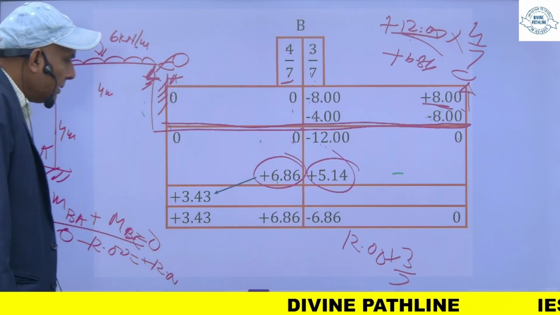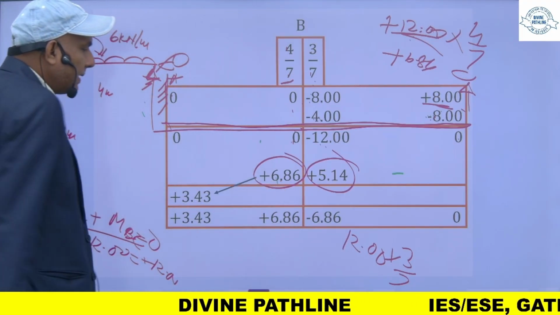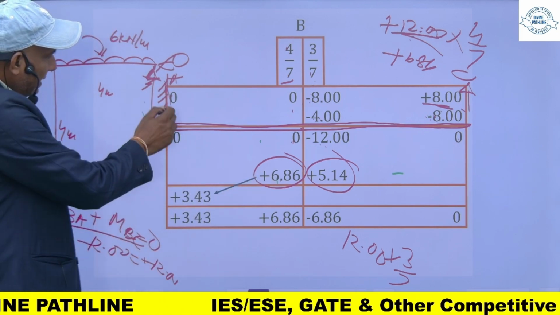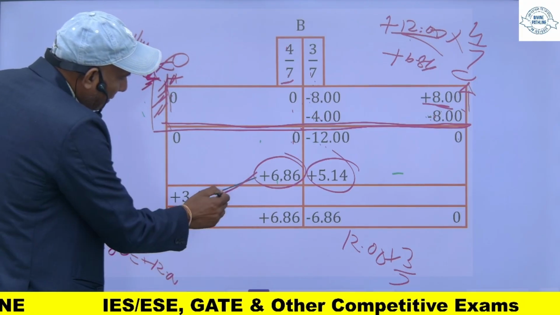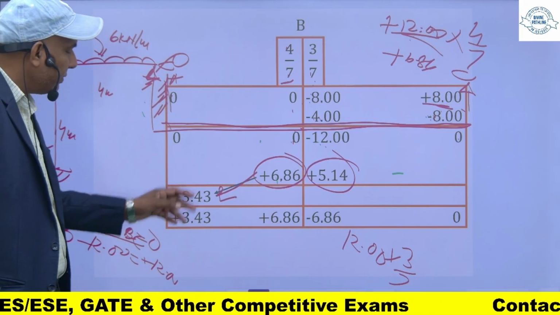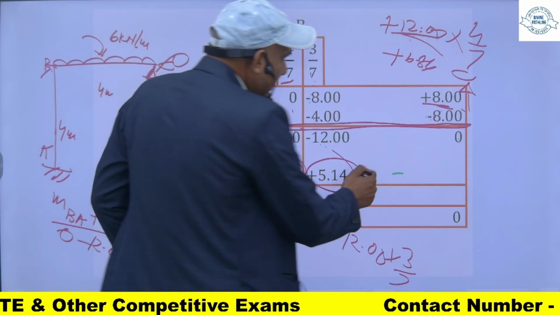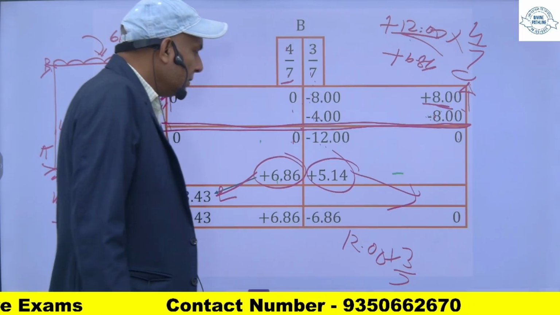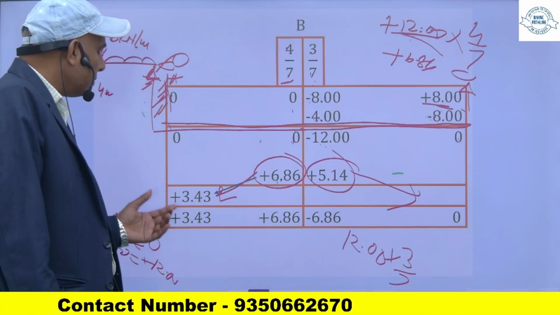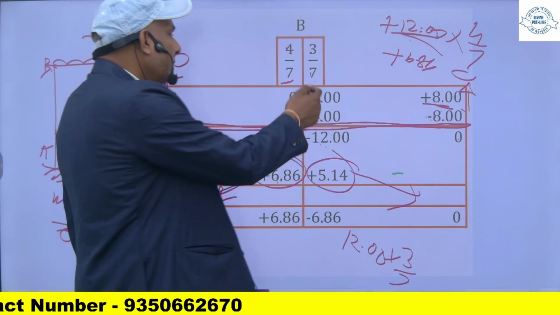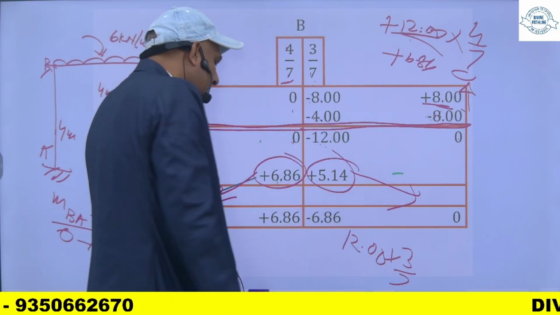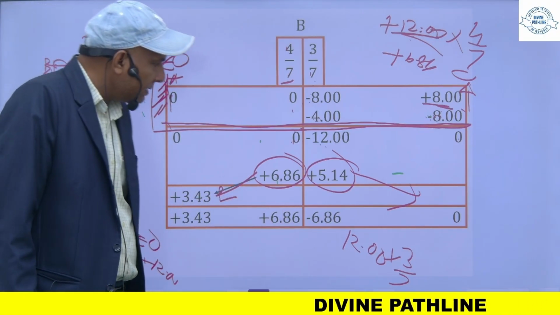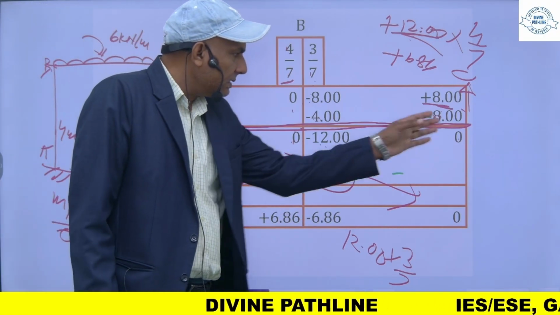नाउ when this plus 6.86 correcting moment when I apply at this point, क्योंकि ये एंड फिक्स्ड है, तो इसका हाफ मोमेंट यहाँ पर ट्रांसफर हो जाएगा प्लस 3.43। इसका हाफ यहाँ नहीं जाएगा। क्यों नहीं जाएगा? क्योंकि ये सिंपली सपोर्टेड है, यहाँ पर मोमेंट 0 आएगा। तो कैरी ओवर जब भी होगा, जब अदर एंड फिक्स्ड होगा तभी होगा। ये एंड मेरा फिक्स की तरह ट्रीट करेगा, इसलिए इसका हाफ यहाँ आ गया। अब नाउ सम ऑफ दिस इज इक्वल टू प्लस 3.43, दिस इज प्लस 6.86, दिस वन इज माइनस 6.86 एंड दिस इज 0।